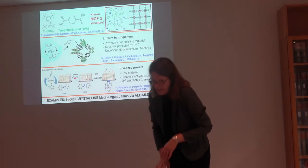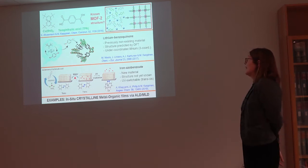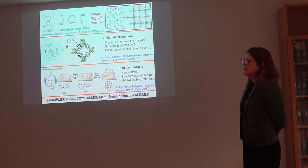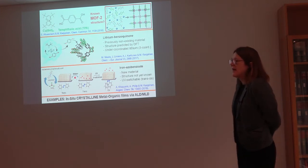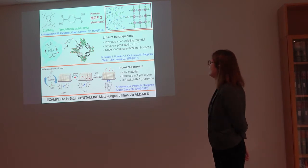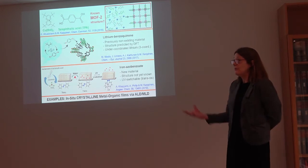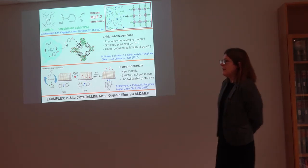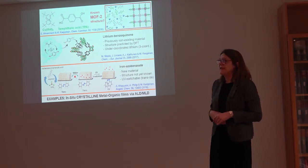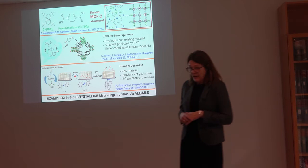Then, of course, there has been, and already for a long time, a kind of dream to make these metal organic films made by ALD/MLD crystalline. But people were quite pessimistic about whether it was really possible, because even many ALD films don't come out crystalline. For example, aluminum oxide is always amorphous, and hafnium dioxide used in transistor technology is amorphous when deposited by ALD, and actually it really needs to be amorphous, so that's the target. But of course some of the films easily come out crystalline, like zinc oxide. So the question was whether it is possible to make